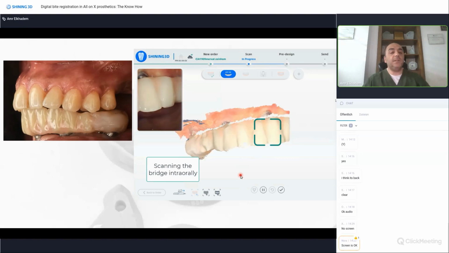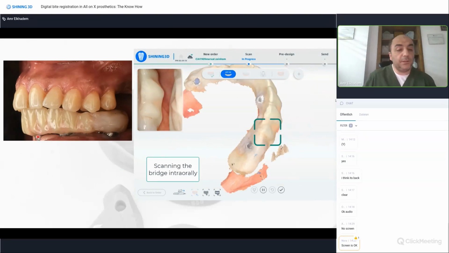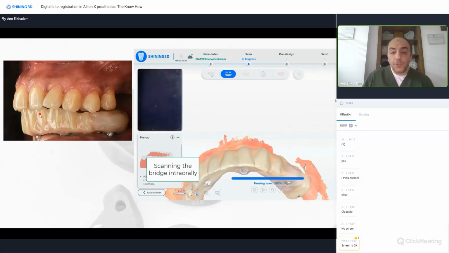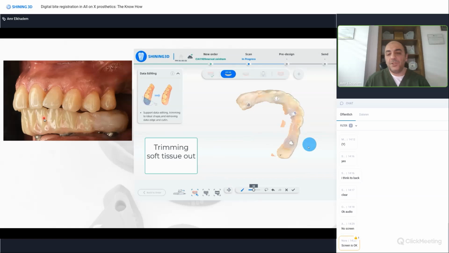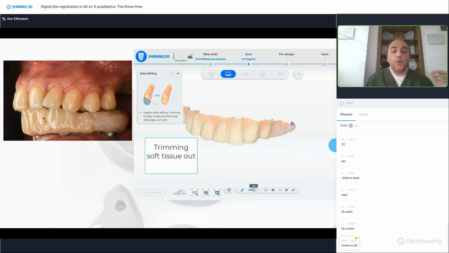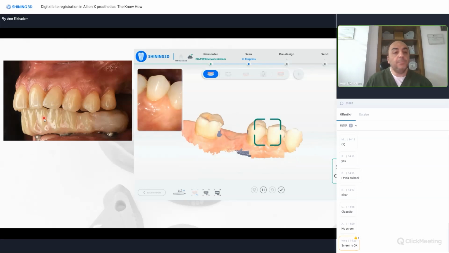You see, for this case, this patient had an implant-supported, immediately loaded restoration with the opposing arch. And before doing anything, I just scan the bridge. I'm just scanning the bridge. I'm scanning the opposing arch, and I'm taking the bites. And probably,